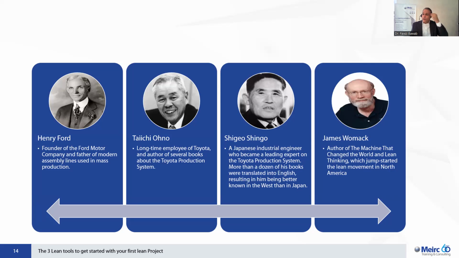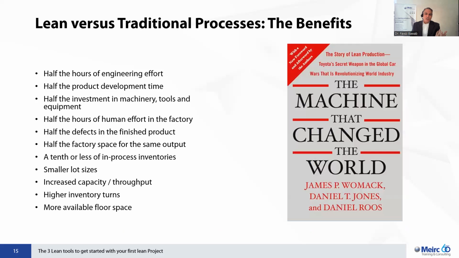James Womack, the author of The Machine That Changed the World. And this is where lean manufacturing, lean thinking started to take that known name from that book. The Machine That Changed the World is the famous book, where it was a research, it was visits. This team went and visited